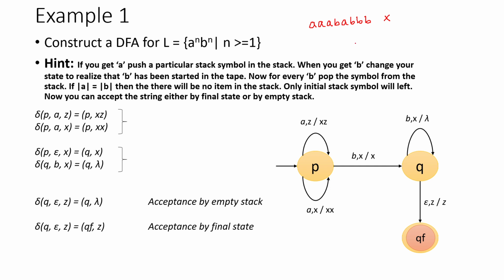What I mean to say is, assume a situation, let's try to realize this. As I told you, you don't need to think about the wrong string. Just think how you can manage with the correct string. Automatically, for the wrong string, the system will be prepared. Let's see how we can do this. Suppose we have a situation: A, A, A, A, then B, B, B, B. So this is a correct string, right?